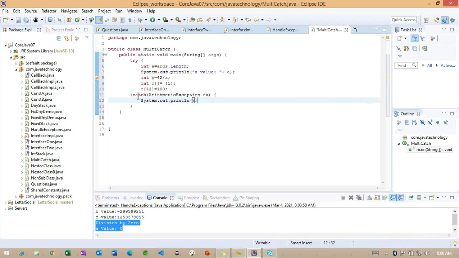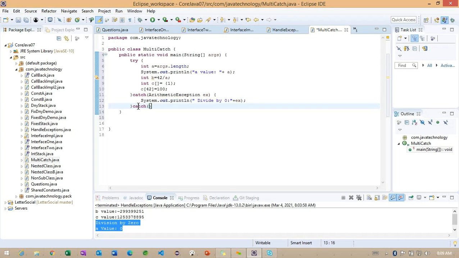Sys out, divide by 0. Here I'm going to print the exception information, so instead of the value, I'm going to specify the exception information.